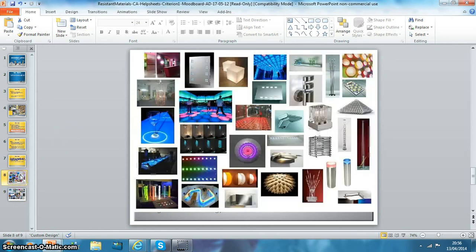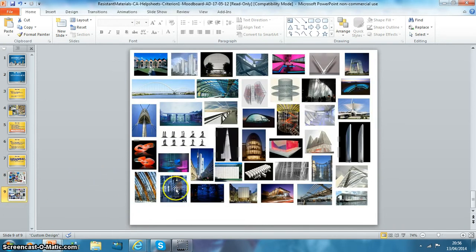Okay. Some more examples of mood boards for you. These aren't particularly dynamic in the way they've been laid out. All the images are the same kind of size. Looks fairly boring, but the images themselves are quite striking. And here's another one as well, using architecture to help